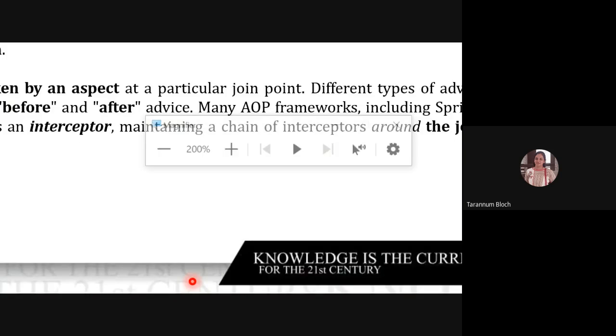We are moving to the next topic, which is database transaction management.